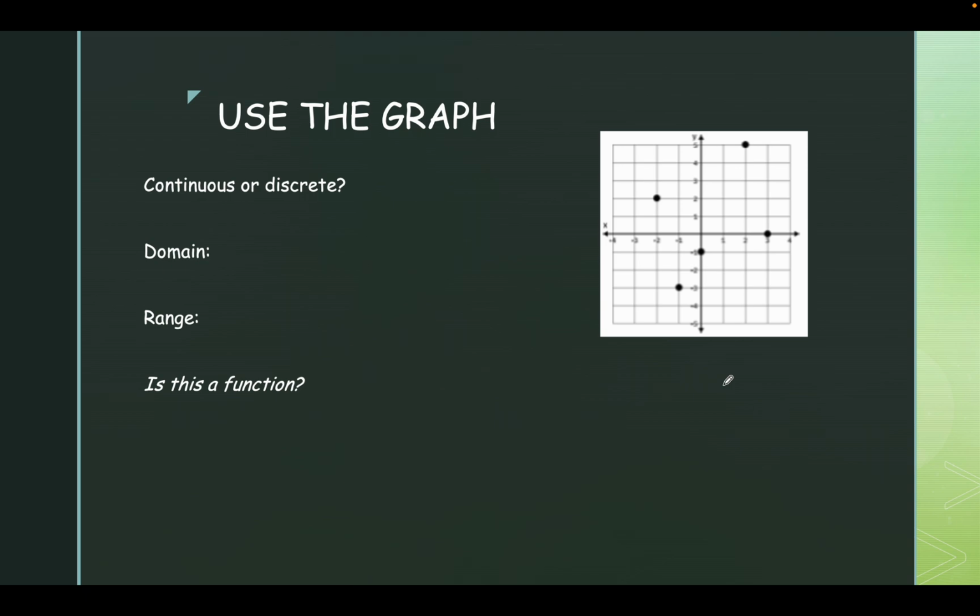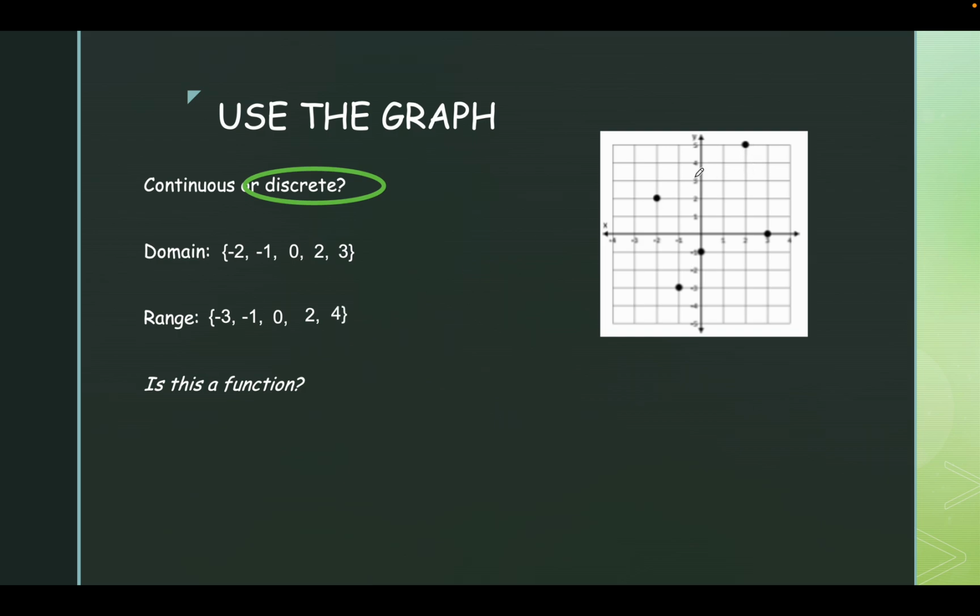Continuous or discrete. You see how there's gaps between these? Therefore, this is a discrete function in which we're going to list the domain by going across to each x value. So if I start here, the x value is negative 2. X value here, negative 1, 0, 2, and 3. And then we go to the range. I'll start at the bottom. Negative 3 for the y value. Then we're at negative 1, 0, 2, and